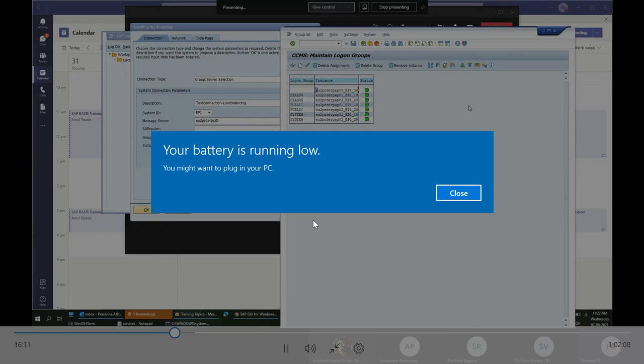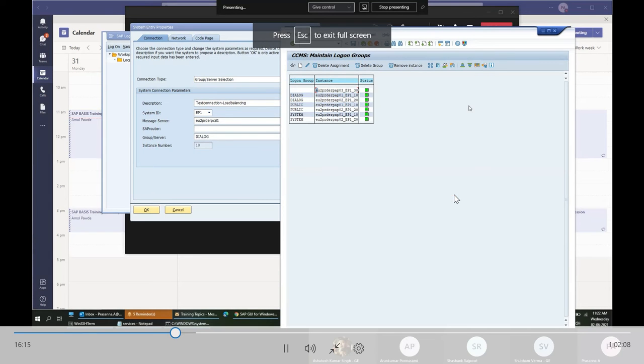Those kinds of jobs utilize more system resources, so they have dedicated this one server to that processing. End users will not be logged into this server, because they would face slow performance. So this one server is not added to any logon group. Only app server 1 and 2 are added to the logon group.